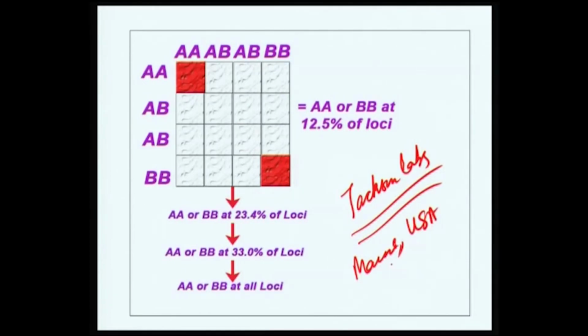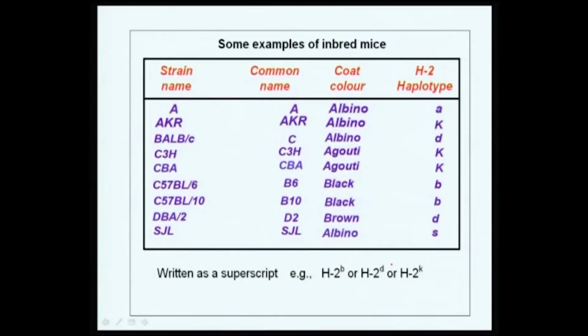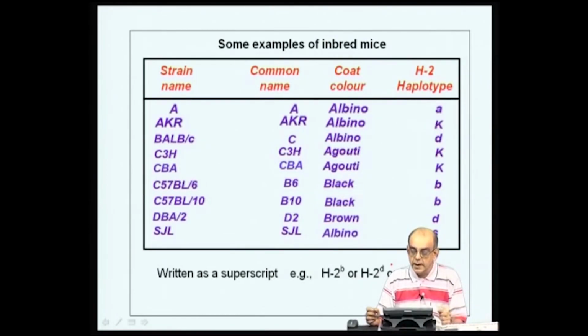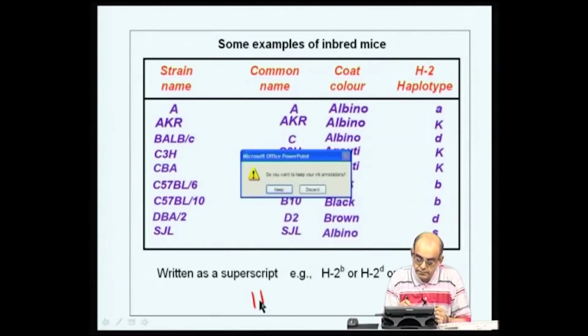So, these Jackson Labs are the ones that are actually responsible for distributing these different kinds of inbred mouse strains, and of course, all over the world nowadays you have other centers which are having these inbred mouse strains. So, to go on further, some examples of these different kinds of mouse strains are designated over here. As I told you earlier, the way you write these particular inbred strains of mice is by writing H dash